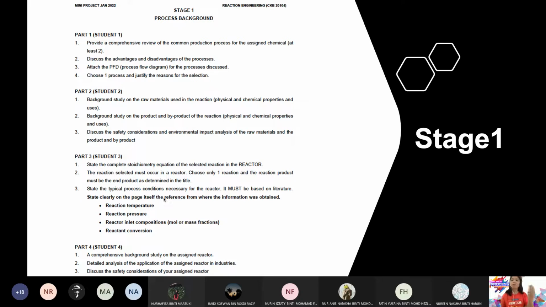Because of 14 weeks, from 17 to 14, I understand the burden is not fair for me to expect the amount of work for 14 versus 17. So, you may refer to your seniors, but you have to notice that certain parts in the seniors' reports I have removed from the new guideline. So, make sure you check properly. References are allowed, copying is not allowed. Don't copy from your seniors. Why?